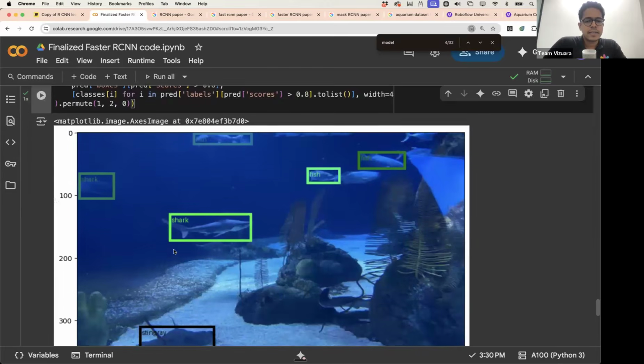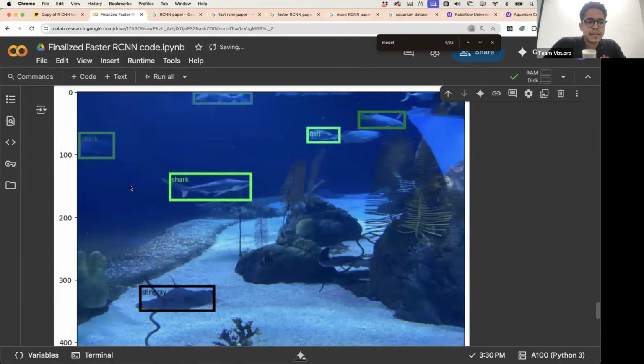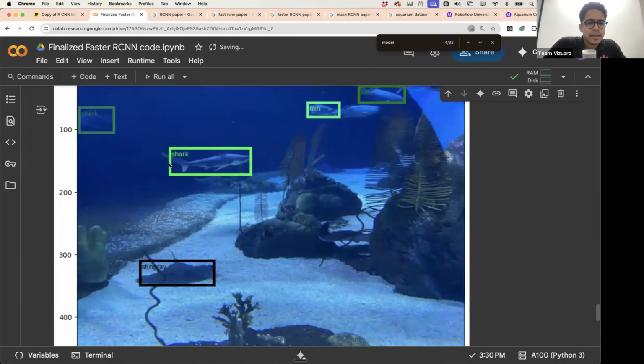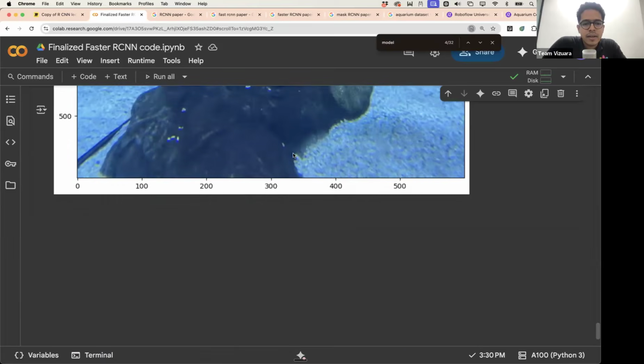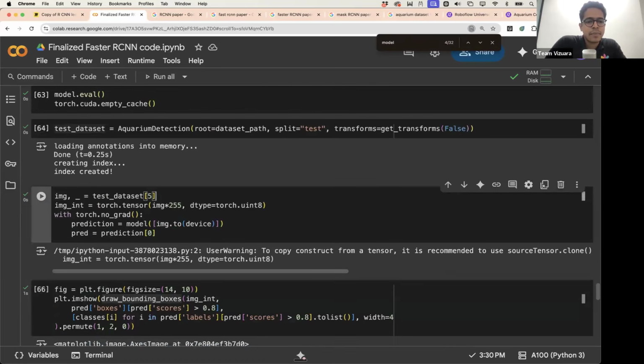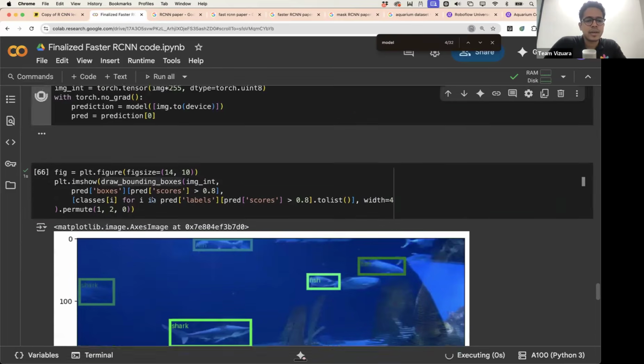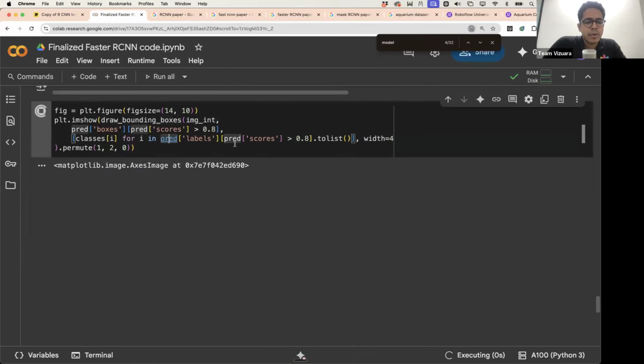Okay, so this is a random test data set. And here you can see the result. There is a shark here, shark, stingray, some random fish. I don't see the name. That's it. And if I change the number here, test data set 15 instead of 5, this should hopefully display